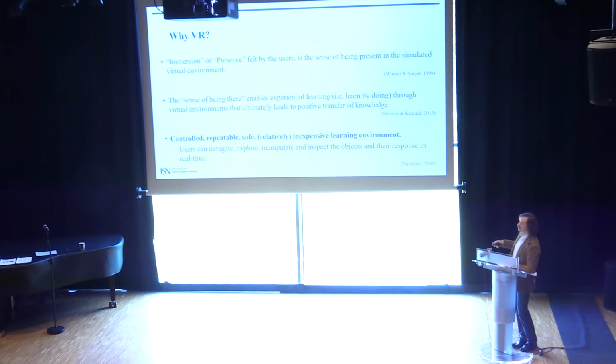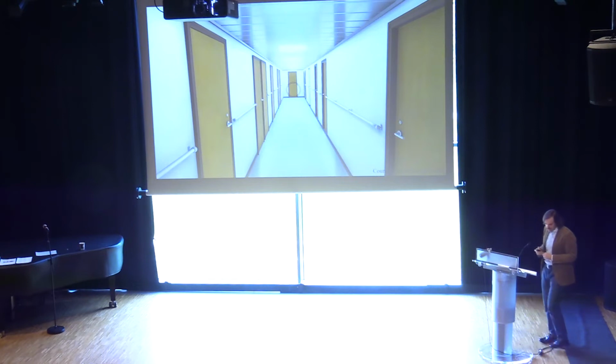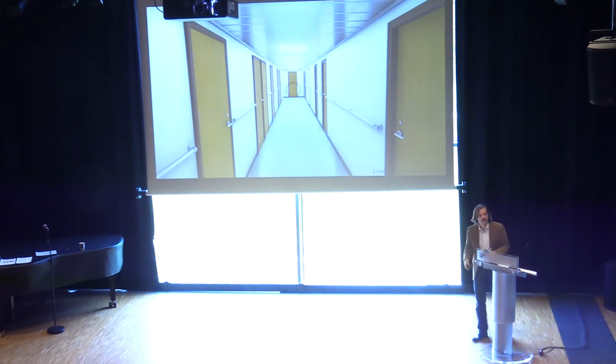And of course, users, whether we're talking maritime or non-maritime, can navigate, explore, manipulate, inspect objects, et cetera, as you're all aware. And we take a VR simulator we've been using in our project. We did some data collection on this 2 or 3 years ago. This is a hotel area of a ship. These are cabins. So, as you can imagine, we want to do fire training or search and rescue training in